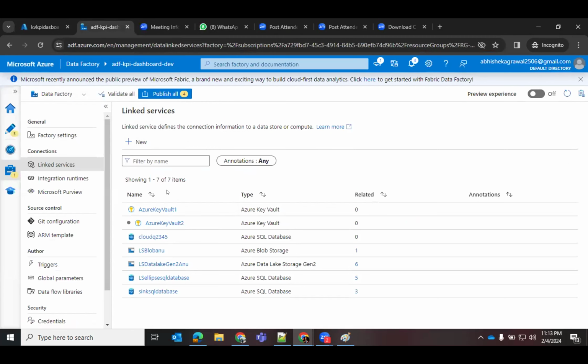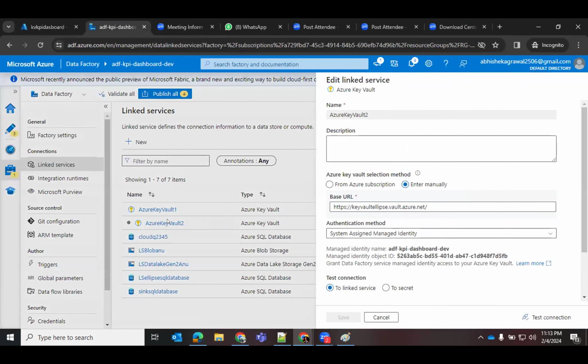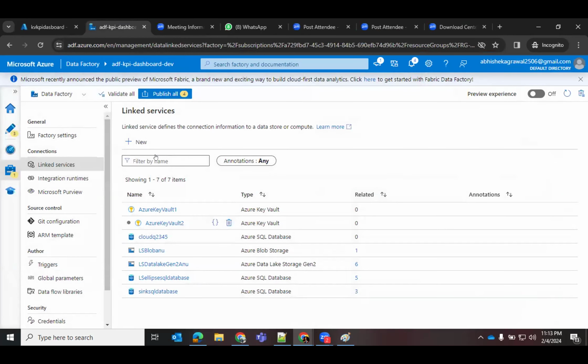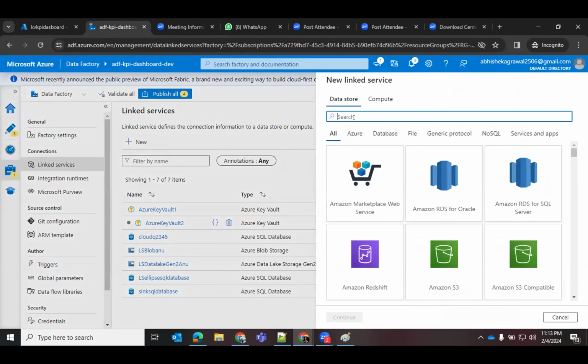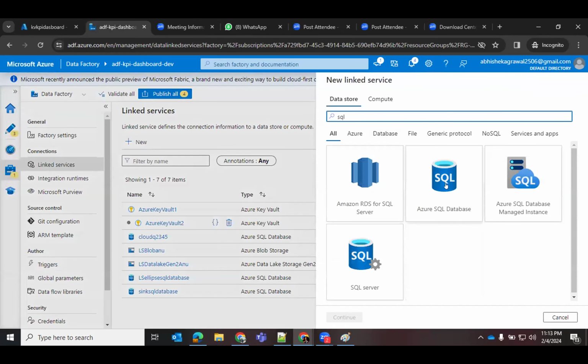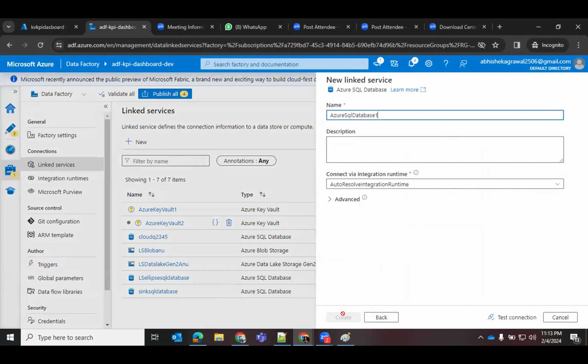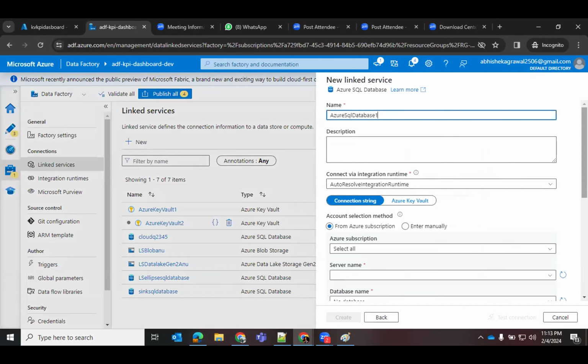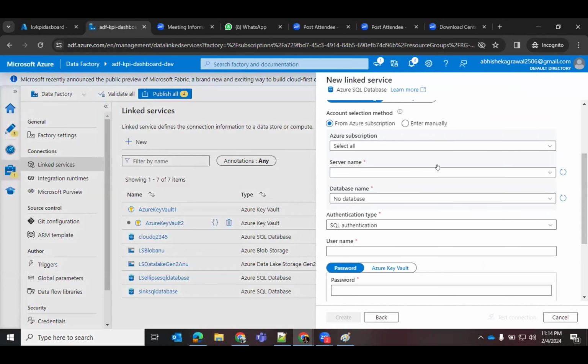So what we have done, we created this. We basically tested the connection. We created a linked service. Now what we will do is create a linked service using the key vault. I will use SQL database. I will click continue, and then I will select my server name, database name,